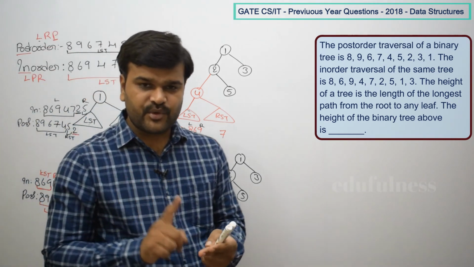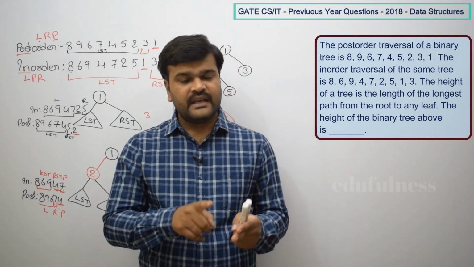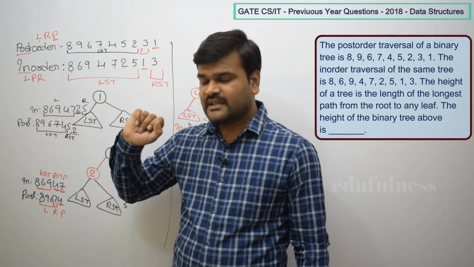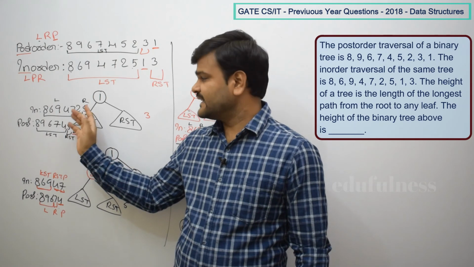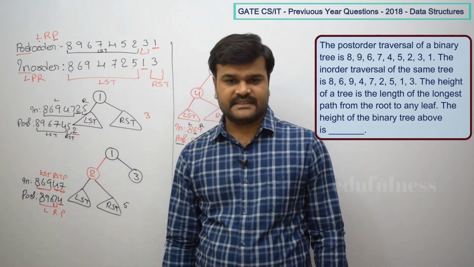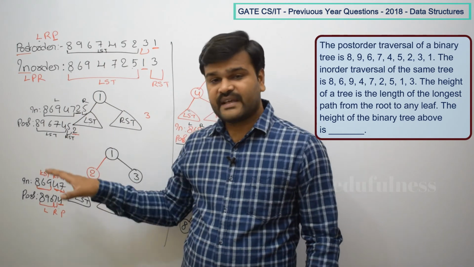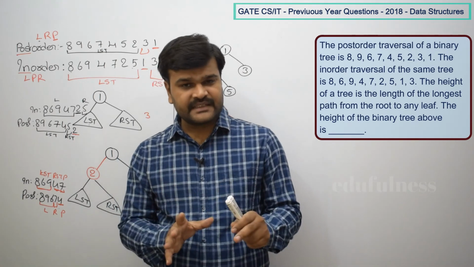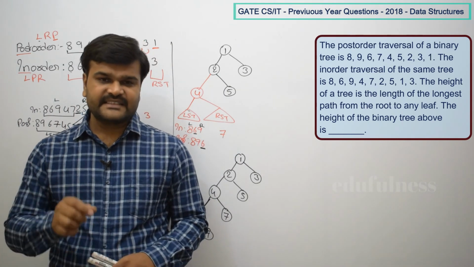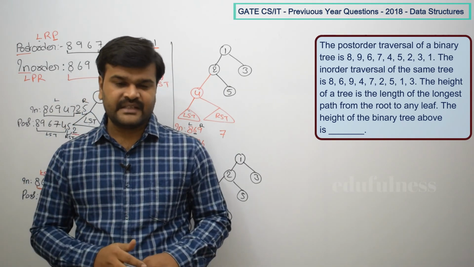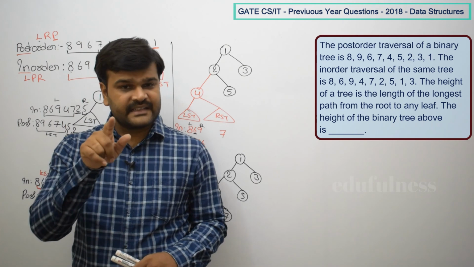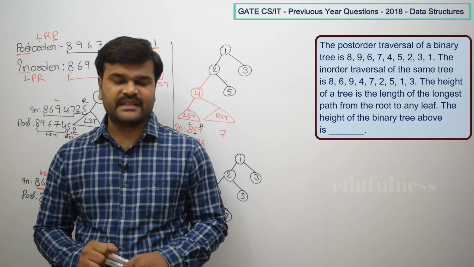Okay, so if you have post order, always get the parent node at the end. Then find where that node exists in the in order. Wherever it exists, the vertices before it are left subtree vertices, and the vertices after it are right subtree vertices. Okay, in this way if you do recursively for every subtree, then we are going to get the final tree from the given post order and in order. And same thing we will follow for pre-order and in order also. But in case of pre-order, first vertex will become the parent. But in case of post order, last vertex will become the parent.